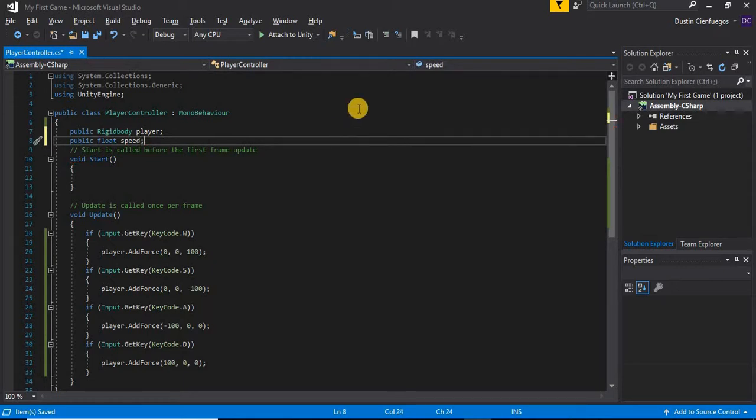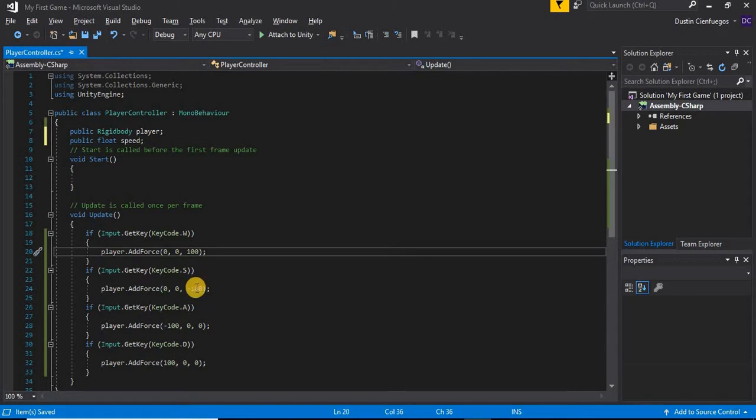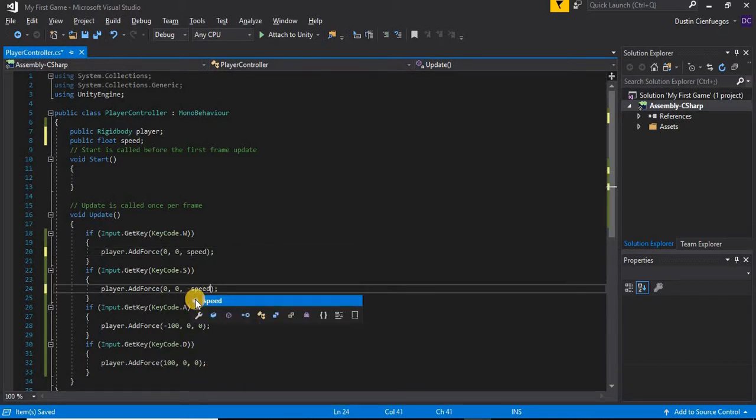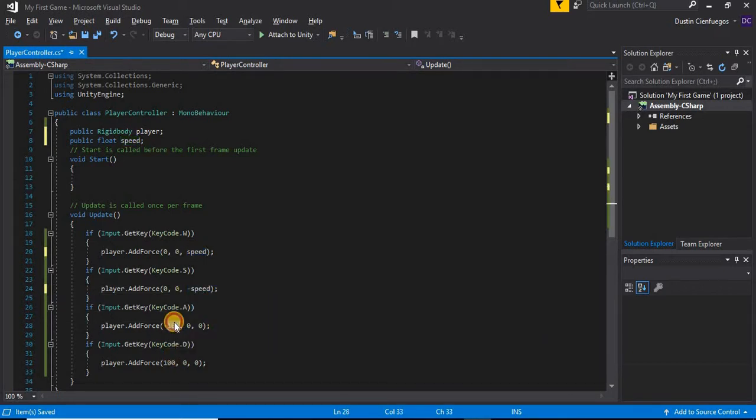Just like that. So now I want to replace all of these hundreds, actually just all the hundreds, with speed, just like that. And we're going to keep this as a negative speed where we had the negative 100. Just like that, and just like that. Now if we go ahead and save this in Unity,